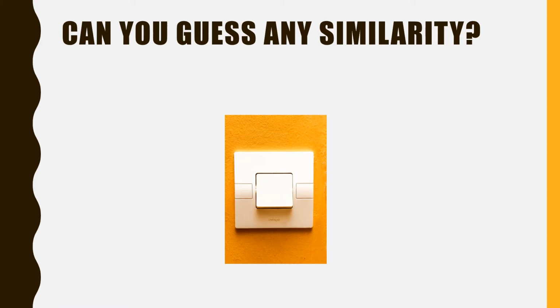So in general, the switches that you are using in your home applications will have two states. One is the on state and the next one is the off state. There is a transition from the on state to the off state as well as from the off to on state. But both the states will not be possible at the same time. Only one of the states will be possible. Either your switch will be in the on state or else it will be in the off state. But both states can't be possible at the same time.